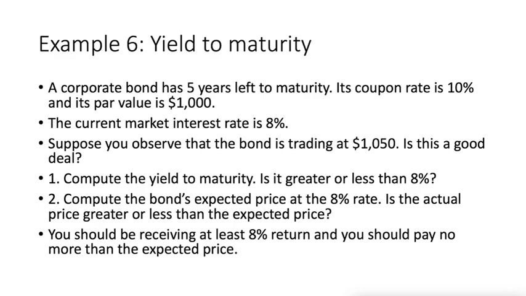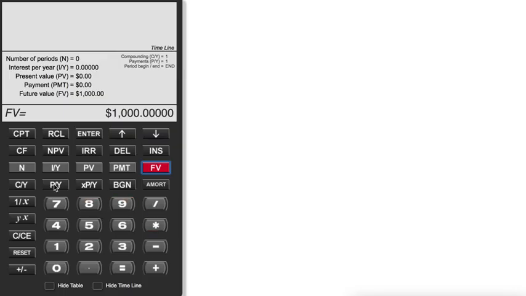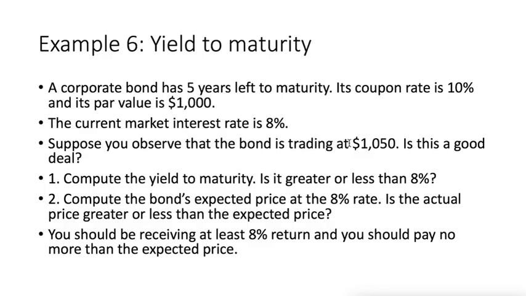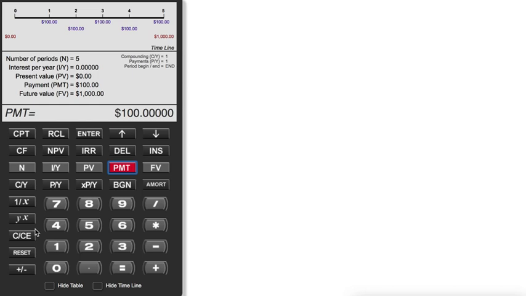5 years left, coupon payment is $100. 5 years. $100 payment, and the current price is $1,050, and we're computing the yield to maturity. To do that, we put $1,050 negative, because that's what we would be paying for it as a present value, and then we compute the